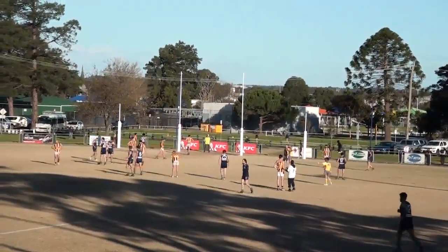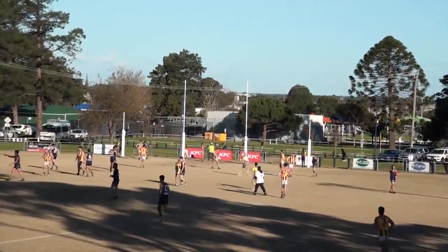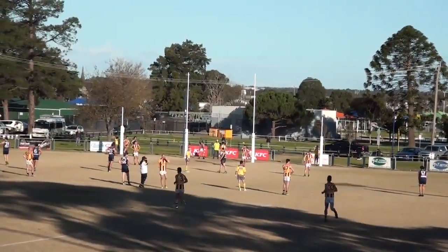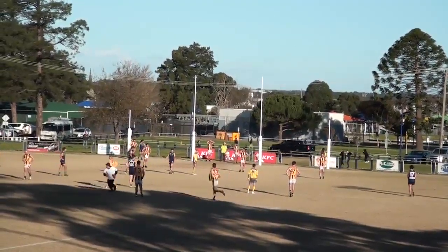Joey's have taken the lead from Newtown. I thought they had the lead. Yeah, so did I. If Sherman kicks this goal, it's definitely going to hurt Colac there because they look pretty dangerous when they had it in their forward 50. Just couldn't quite get that shot on goal. Someone could have easily got a...